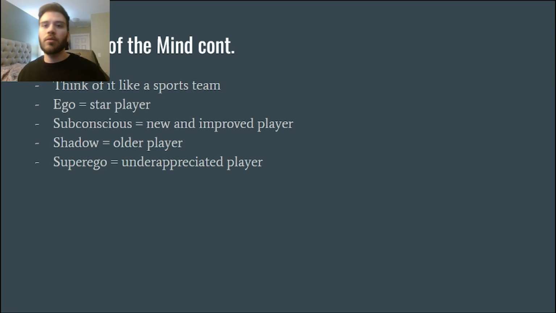So you want to make sure your team is working well, that the star player is listening to the older player, that the star player is teaching the subconscious, that the shadow is teaching the subconscious as well, the older player teaching the younger player, and that you're appreciating your superego and you're not ignoring that perspective entirely. So I hope this explains a little bit about how the four sides of the mind work,